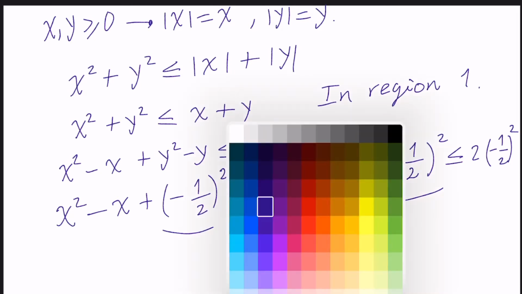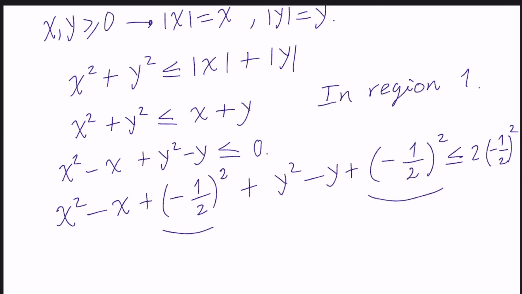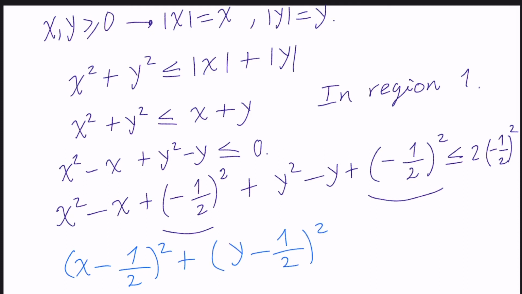Finally, we require to finish the algebra shown here. So this is x minus 1 divided by 2 at the square plus y minus 1 divided by 2 at the square is less or equal than 2 times 1 divided by 4. This is 1 divided by 2. Okay, we have obtained an interesting